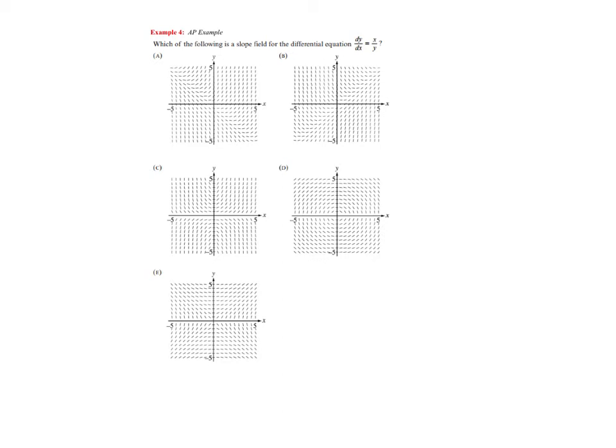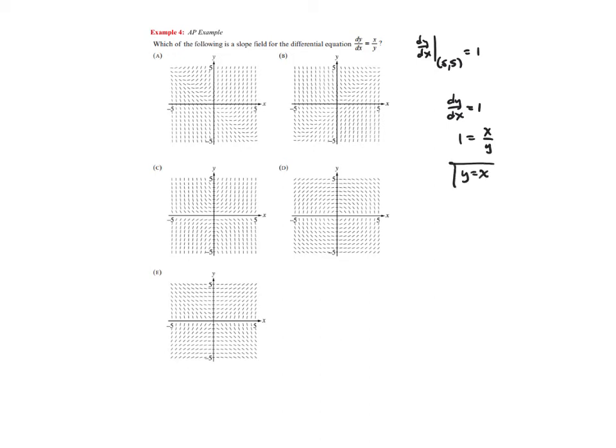You could look all day at determining, well, let me go to 5, 5. Wouldn't dy dx at the point 5, 5 equal 1? Just 5 over 5. Okay, I guess you could do that, and you could eliminate almost every one of these. Or what you could do is say, I want to know where dy dx equals 1. Well, if dy dx equals 1, then that means x over y equals 1, which means that this isocline,